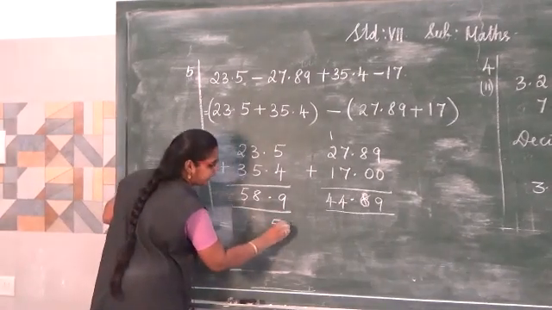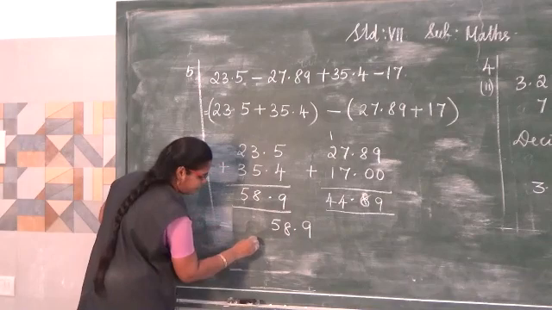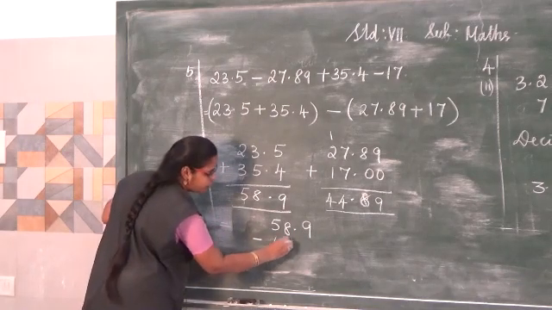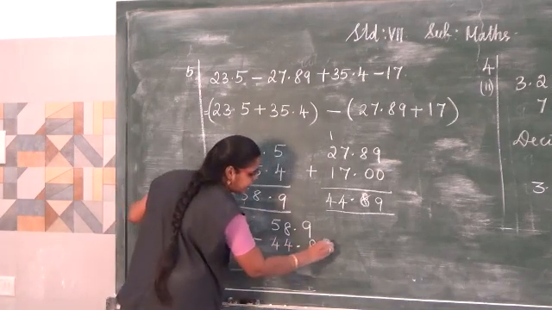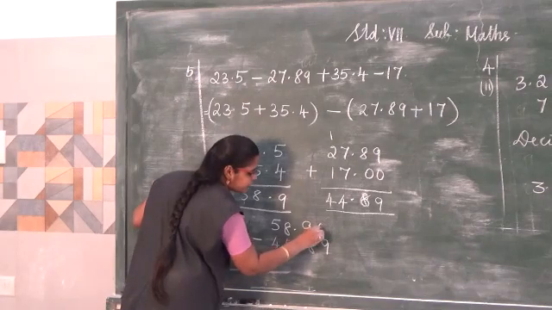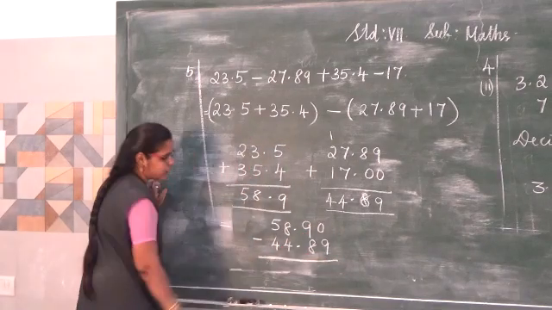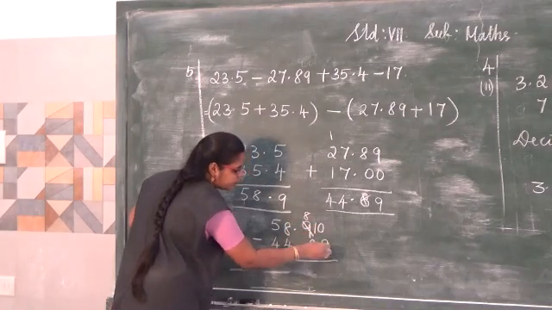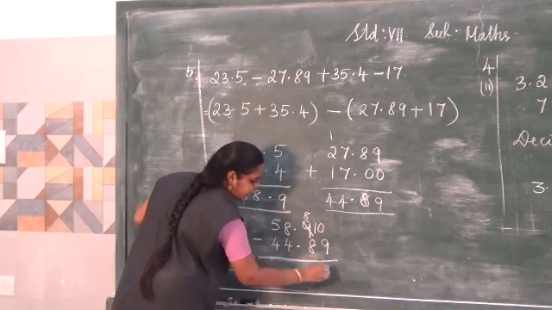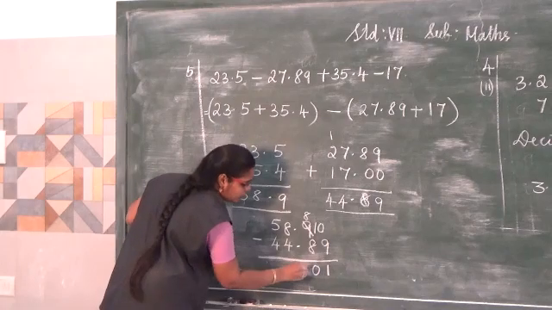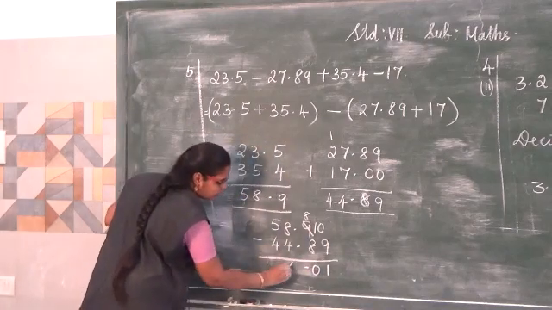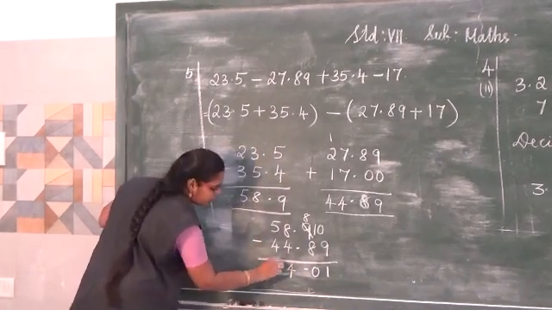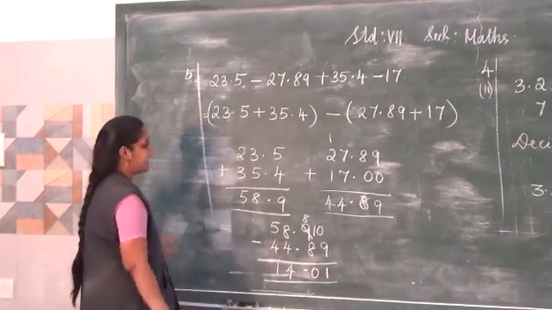So 58.9 minus 44.89. So here the digit is not there, so you can add 0. So here it will become 8, 10. 10 minus 9, 1, 0, 8 minus 4, 4, 5 minus 4, 1. So the final answer is